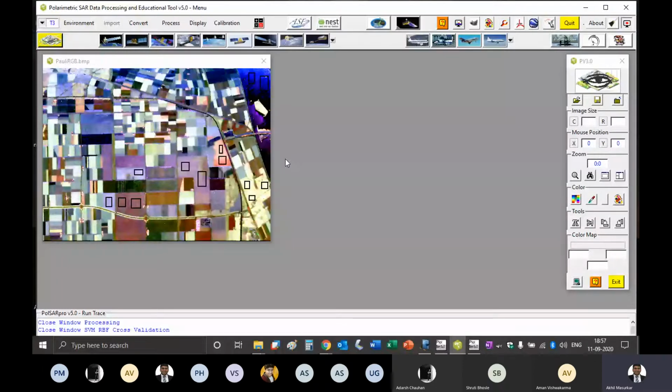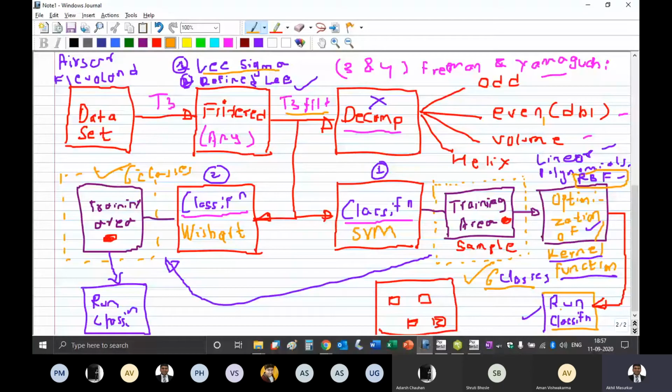So I did training, I did optimization, I ran the classification. After running the classification, I got the confusion matrix, and I could see the clusters, that is the training clusters. Now a similar thing I should be able to see for Wishart.